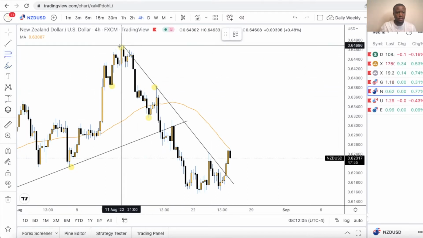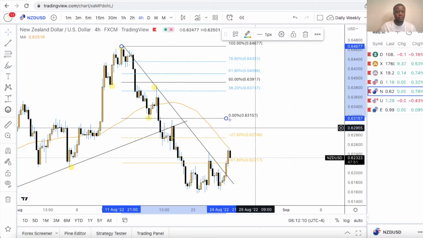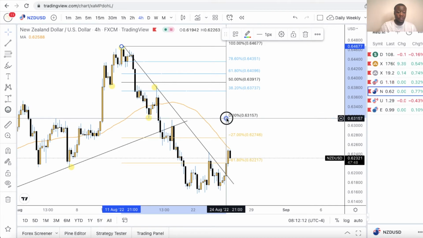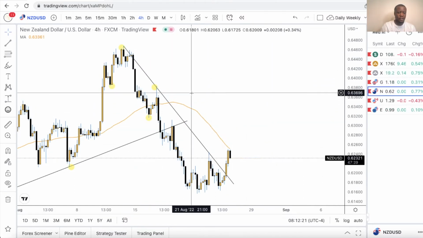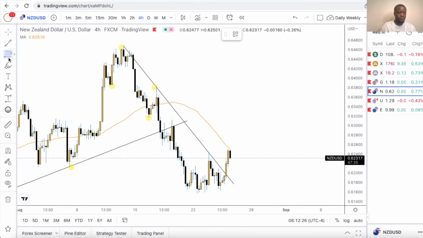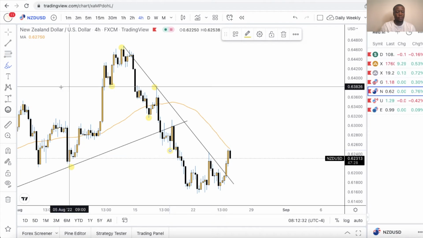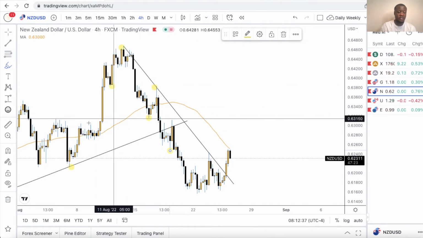We could draw the Fibonacci as well, right? But I'm not talking about this point of entry. Say you missed that actual point of entry, which would have been the 38 retracement. We got another level. So obviously, for sure now, if you didn't realize market structure broke, or you did but you just missed this entry,